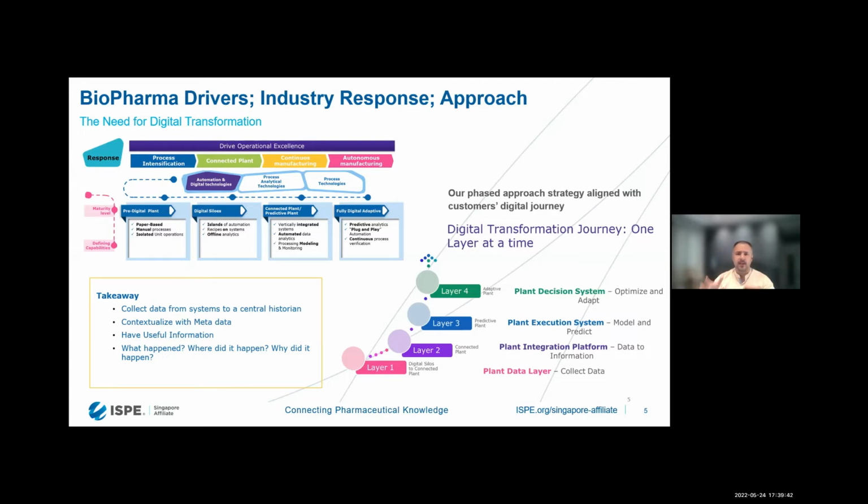from what we are doing and the framework that BPOG has given to us is to collect data from different systems to a central historian, and then contextualize some of the metadata, and then have the useful information in place, and then ask some of the questions, and then have the answers for these questions, that what happened during my bioprocess, and then if there is